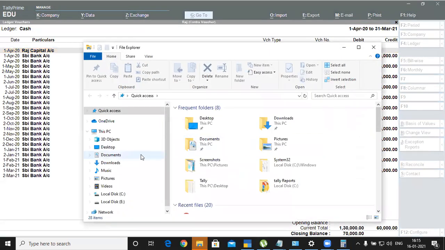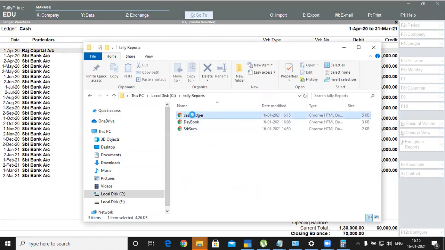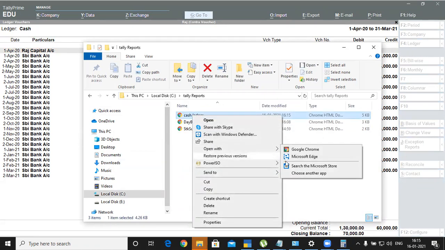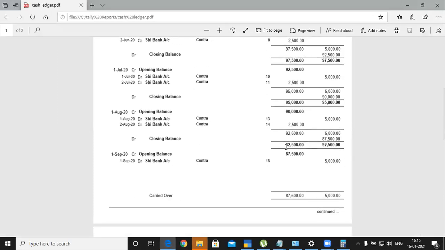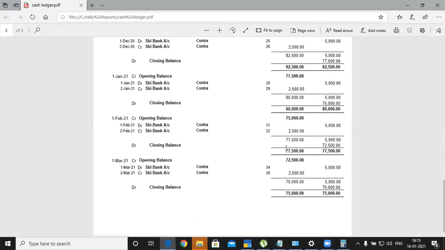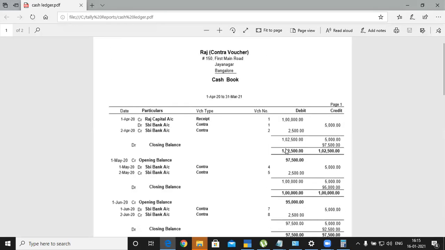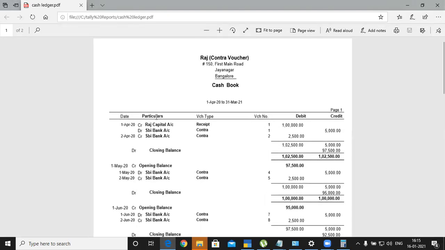Then see now your tally reports cash ledger. So this is the complete cash ledger and voucher number, voucher type.